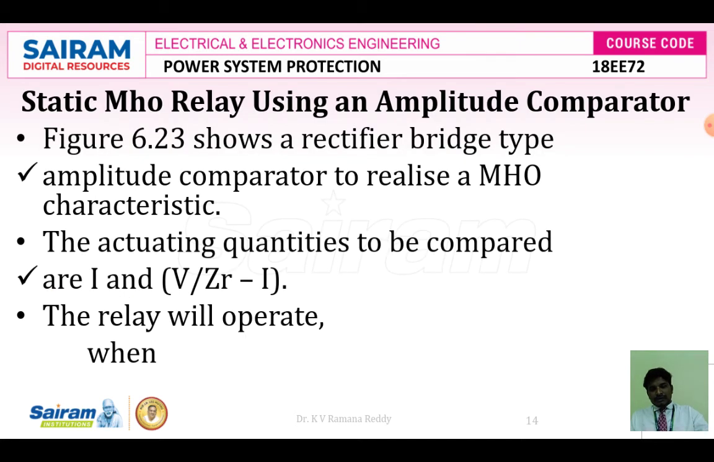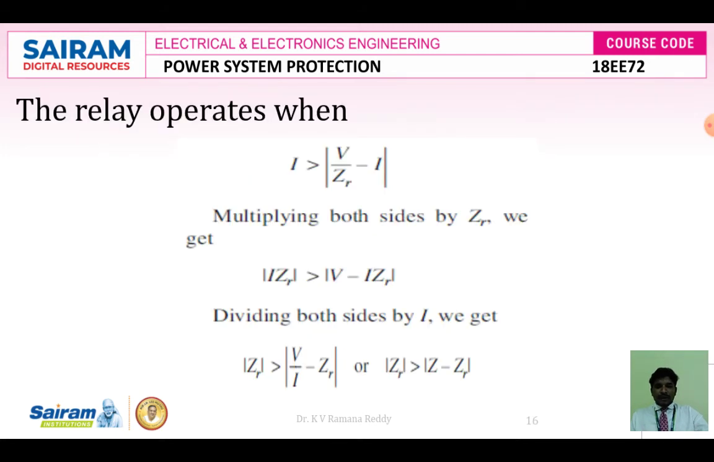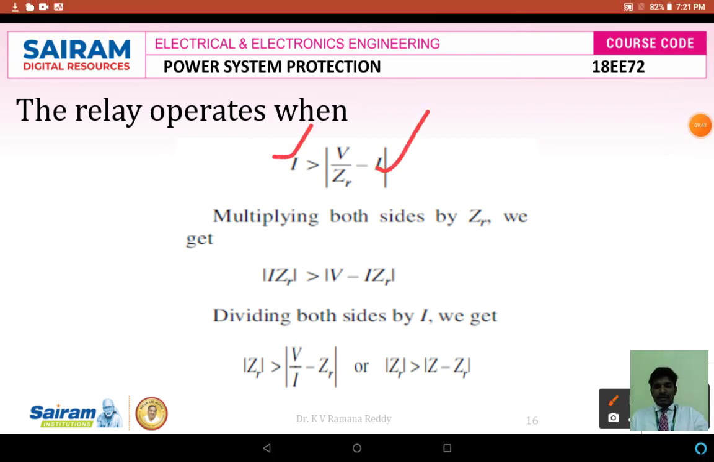Next, the static Mho relay which is using an amplitude comparator. So the static relay using an amplitude comparator, where we are going to compare the equation with the current. When the relay operates, the current value is greater than the voltage value during the time of fault condition. If the above equation is multiplied by ZR, then the equation becomes I into ZR